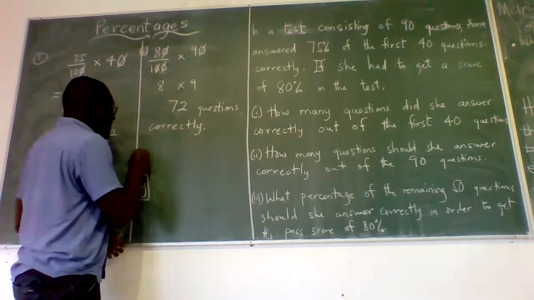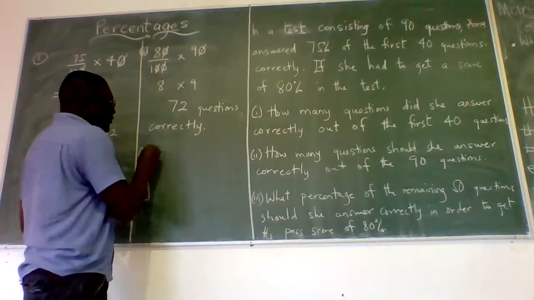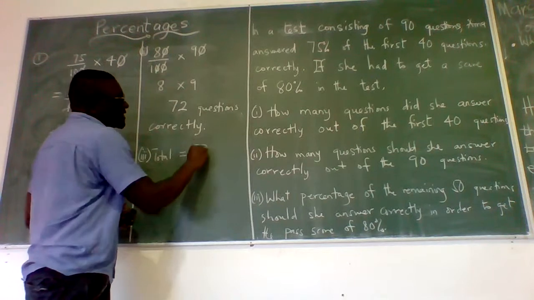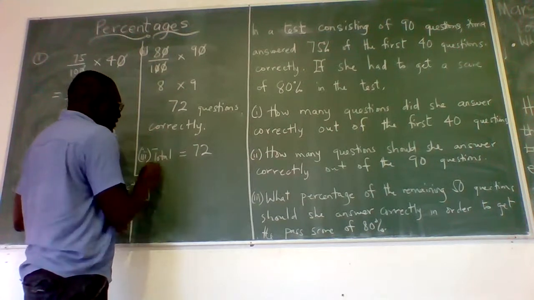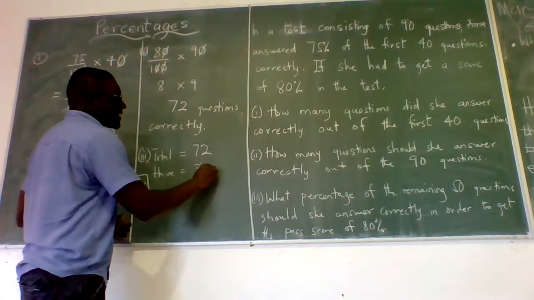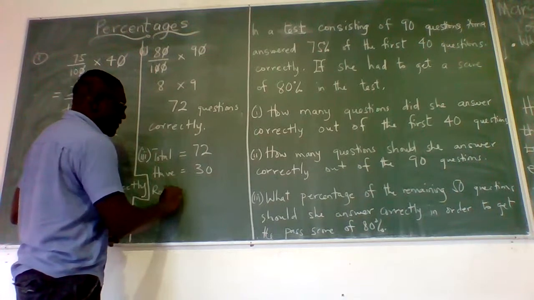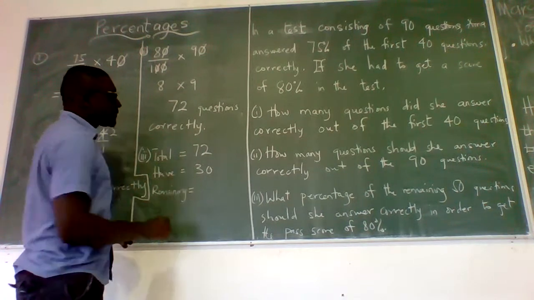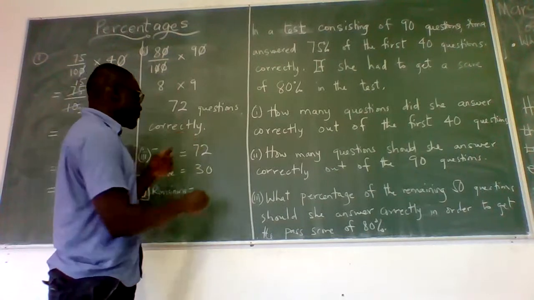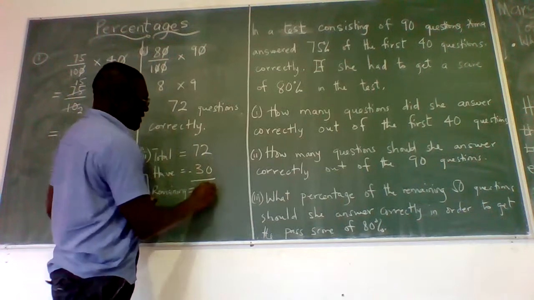So here it takes you to a simple subtraction, because you know that the total she is supposed to answer is equal to 72. And then what she has already is 30. So the remaining to get correct out of the other 50 is simply going to be you subtracting this 30 from the 72. So we do a subtraction of these two,